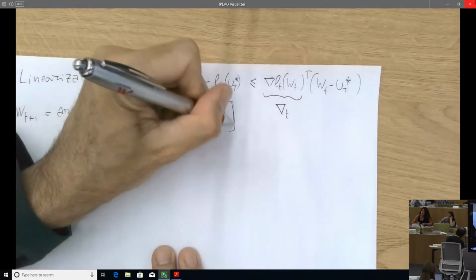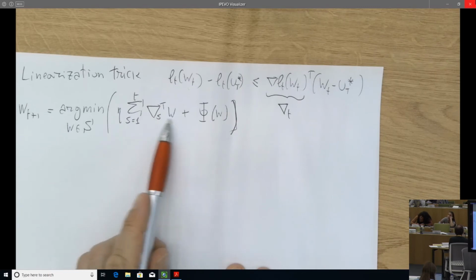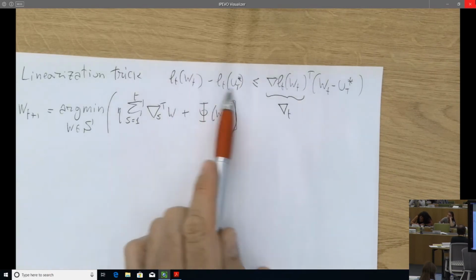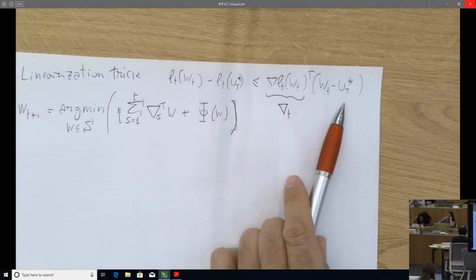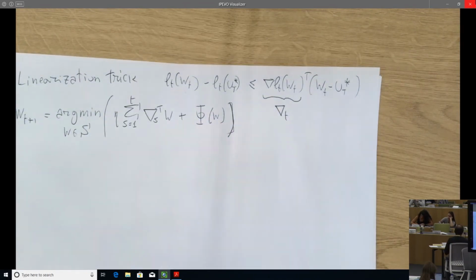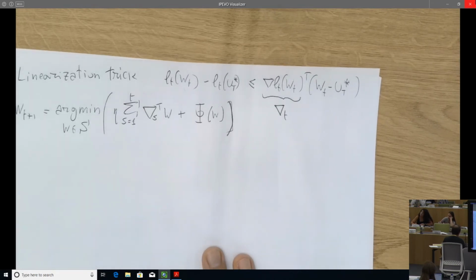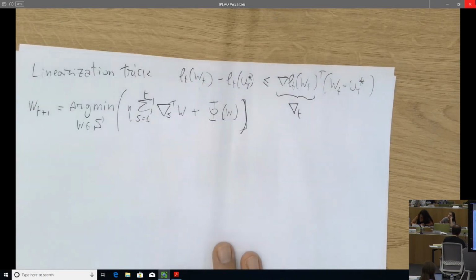Okay. So now I'm saying, this is a linear loss, because this difference is upper bounded by that difference. So I can pretend that these are linear losses. I can compute those because I have access to losses. I can compute the gradients of the losses. So the algorithm will be reminiscent of gradient descent. And indeed, we will recover gradient descent as a special case, online gradient descent as a special case.